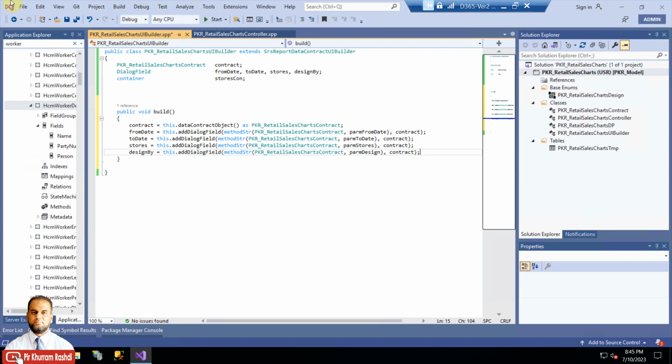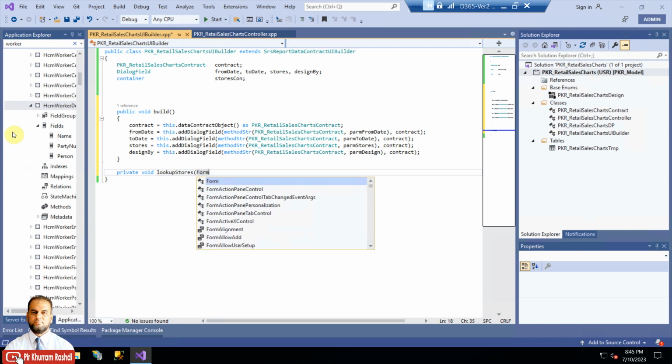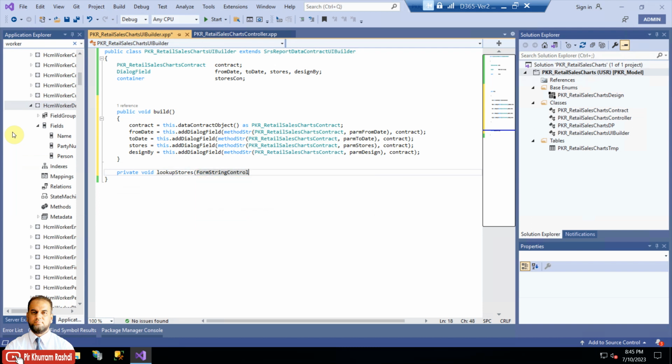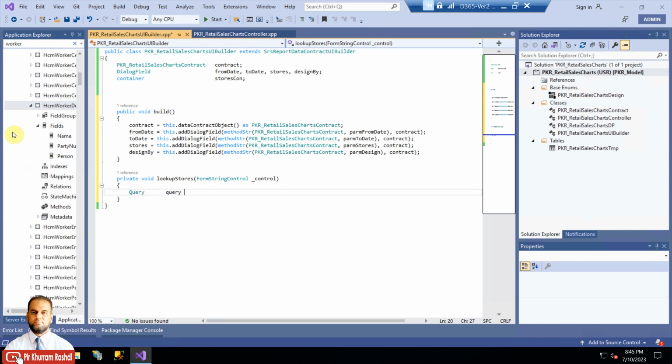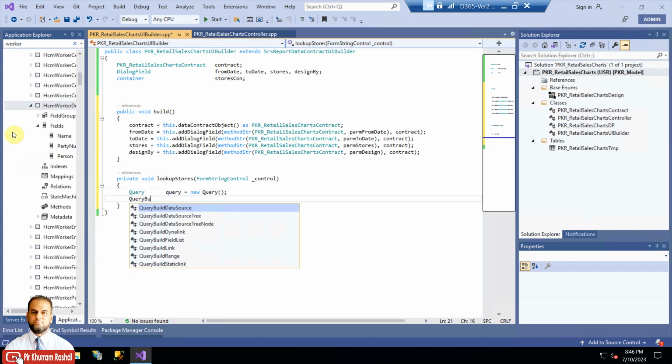For that we will write private void lookup stores, form string control. The control needs to be passed where we need to build the multiple lookup. Then we need to have a query object, query new. Okay, then we need to have a query build data source, QBDS,